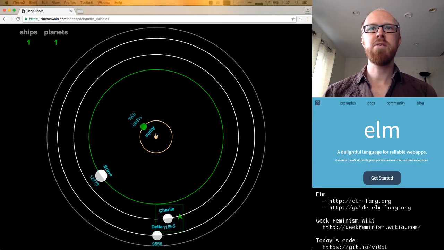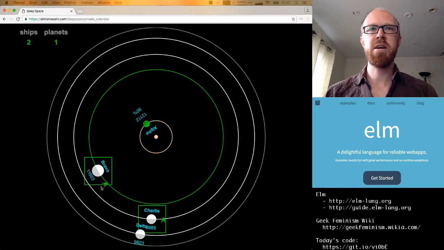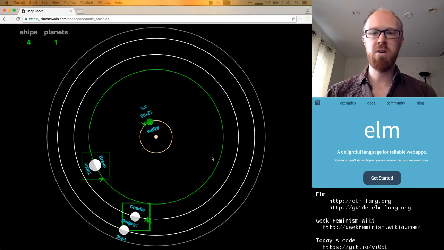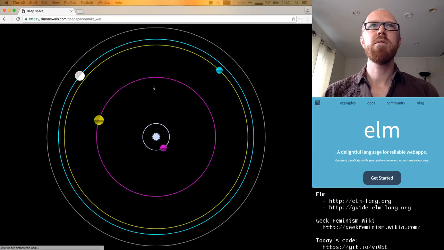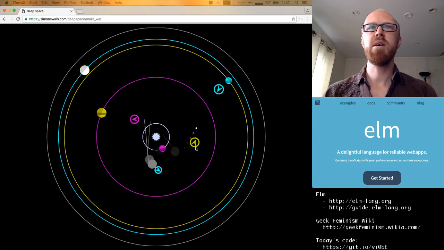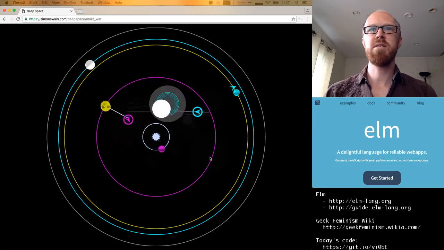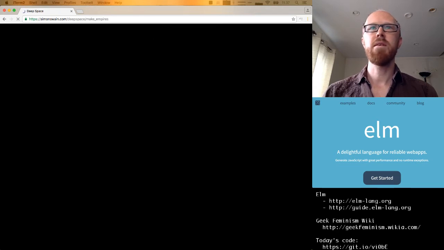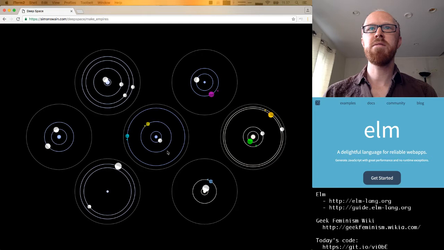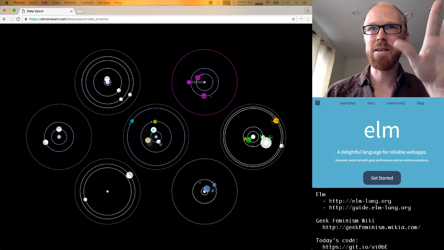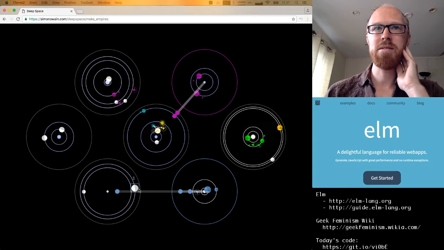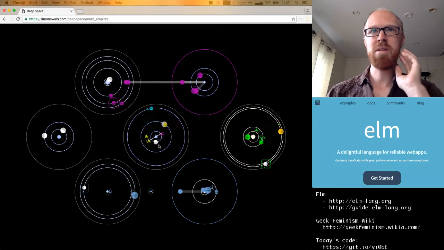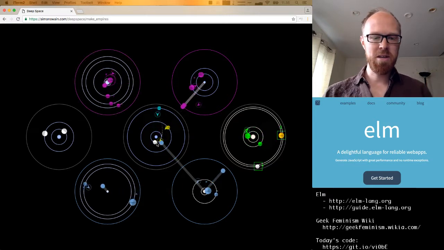And here, let's see, the next one. Oh yeah, in this one, planets send ships out to colonize other planets and eventually take over the whole star system. And let's see, is this the last one? No, okay, this one has a star system with multiple civilizations, and they try to fight it out. And then the final one is there's multiple star systems, and there's multiple civilizations in each one, and they battle it out and eventually go and colonize other star systems. And the root of this is all that one planet simulation that was in the very beginning of the demo.